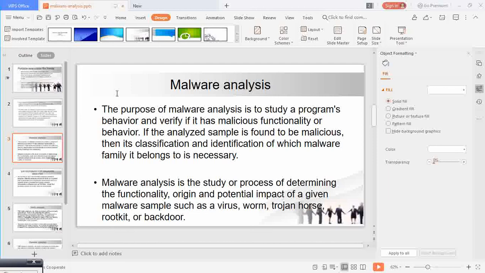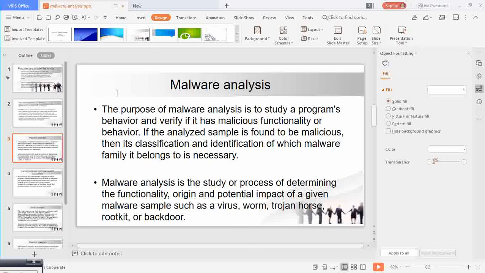So, what is malware analysis? The purpose of malware analysis is to study a program's behavior and verify if it has malicious functionality or behavior. If the analyzed sample is found to be malicious, then classification and identification of which malware family it belongs to is necessary.